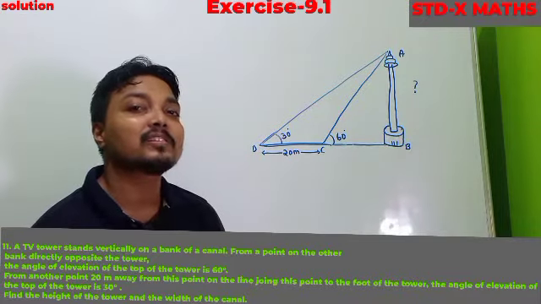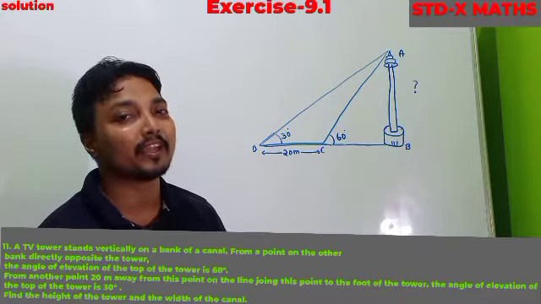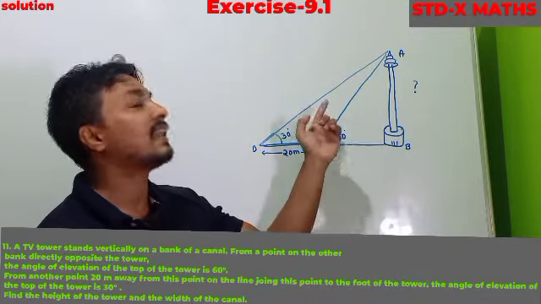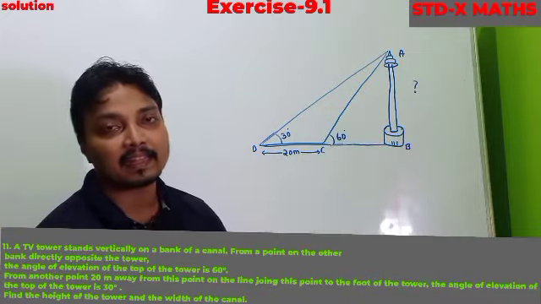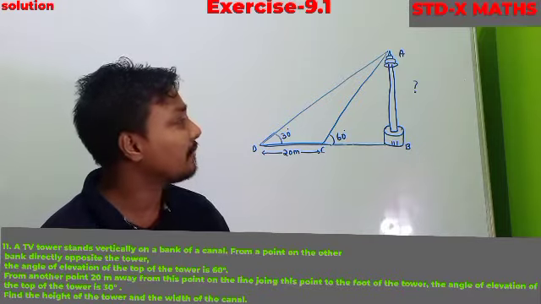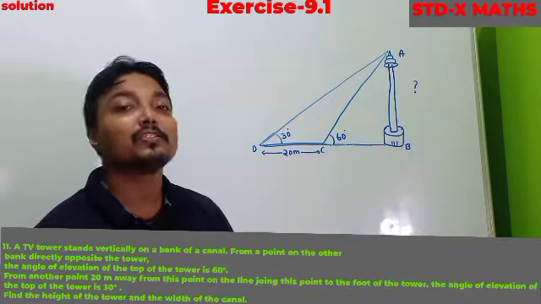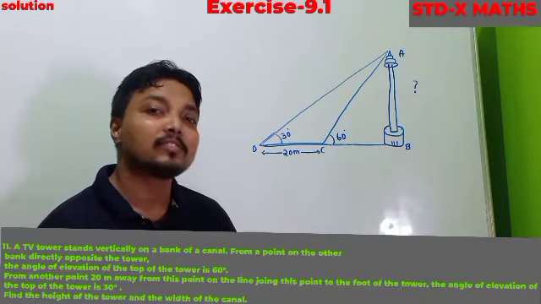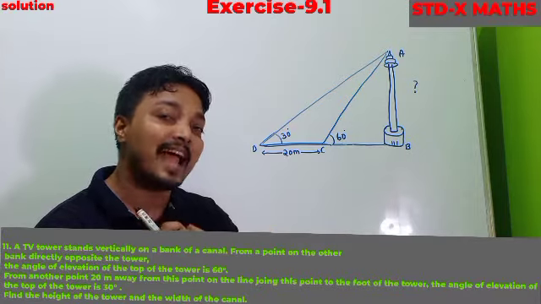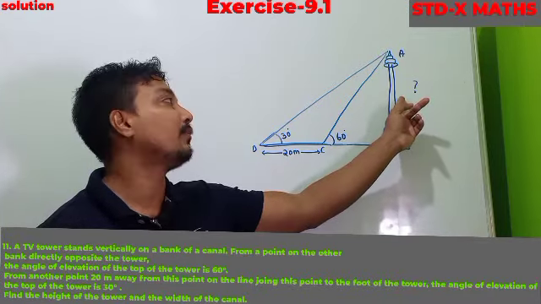Just like the last question, we have to solve this question in the same way. Here there are two triangles, the smaller triangle and the larger triangle, and there is one common side. Just like the last pole-related question, where the pole was the same height but the pole height was asked, here too there is a common side between the two triangles.